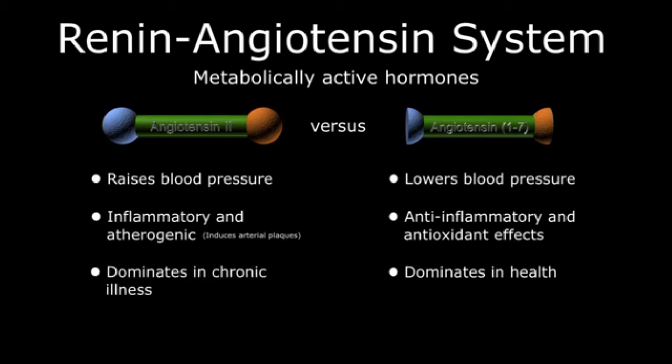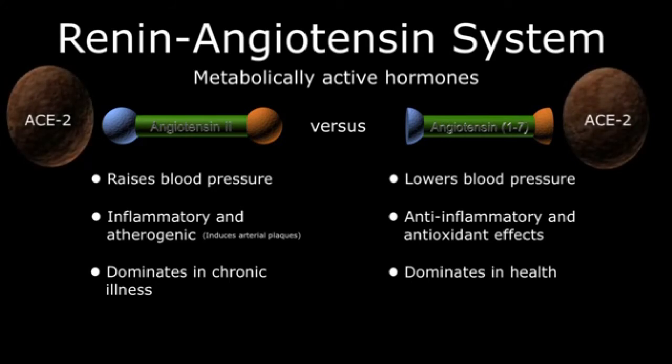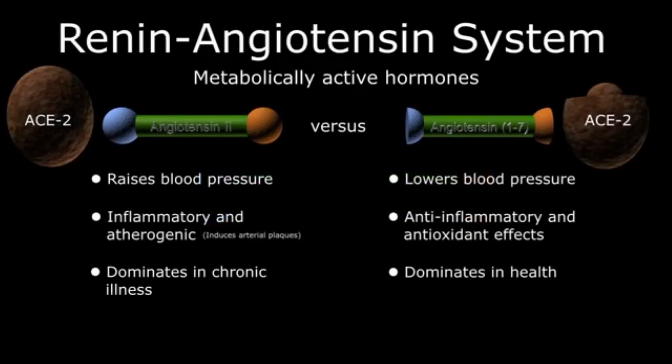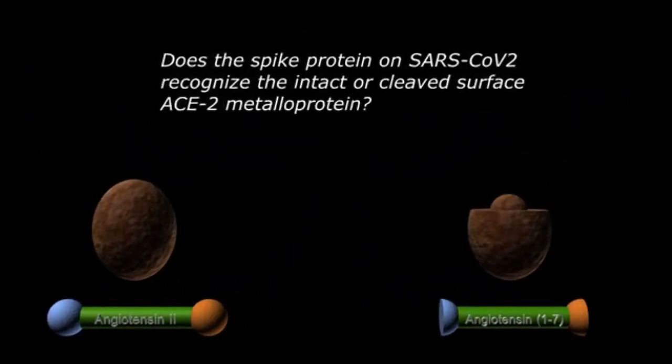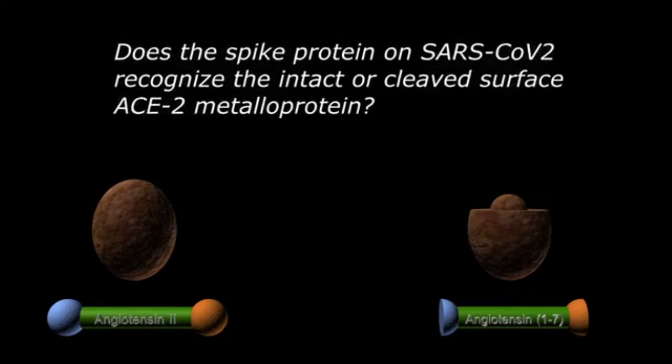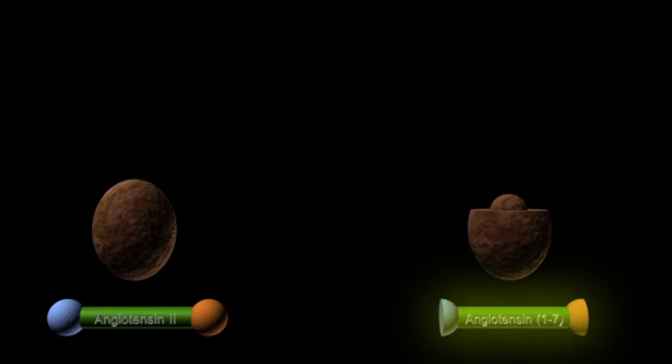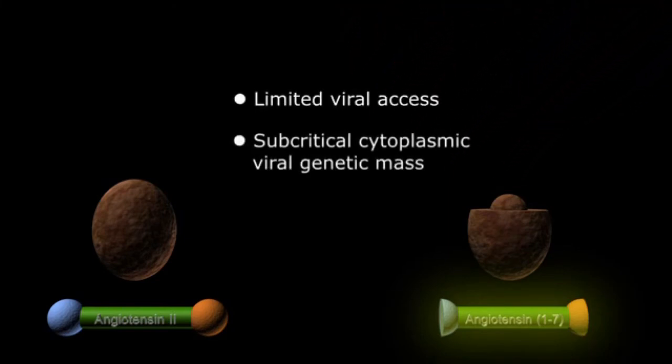Of course, in a situation where angiotensin I-7 is the dominant hormone, we would expect SHEDase to be working overtime, cleaving the external component of the ACE2 metalloprotein and thereby converting angiotensin II to angiotensin I-7. Finally, let's assume the spike protein on the SARS-CoV-2 viral particle specifically recognizes the intact transmural ACE2 protein on our cell membranes. In healthy individuals with an abundance of angiotensin I-7, most of the ACE2 proteins would have been cleaved, reducing the number of potential viral gateways into our cells and limiting the chance of the cytoplasm reaching that genetic